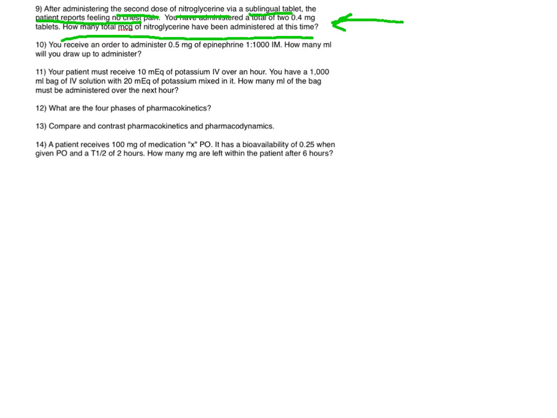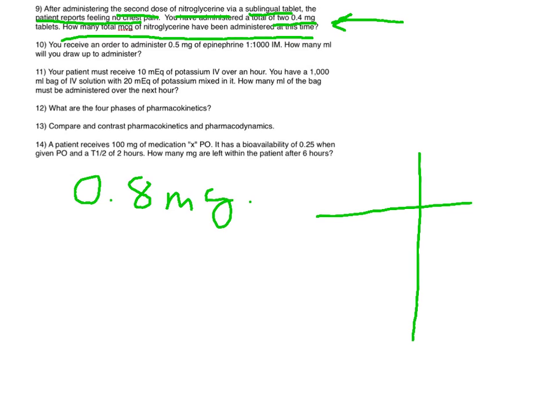Okay, so what it's asking is, I want to know the total number of micrograms of nitroglycerin that have been given to my patient. Well, let's go ahead and figure out how many milligrams the patient has received. If the patient's received a total of 2 0.4 milligram doses, well, that's just 0.8 milligrams, right? So my patient has received 0.8 milligrams, and now I just need to convert milligrams to micrograms. If you remember the conversion formula,